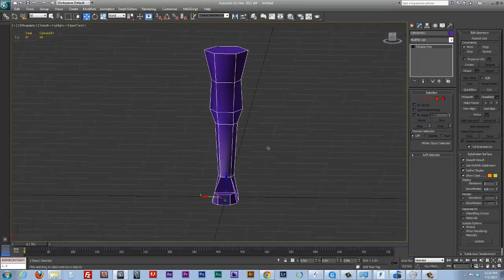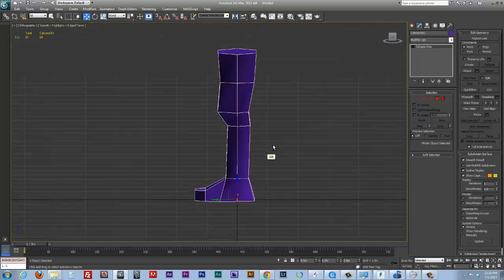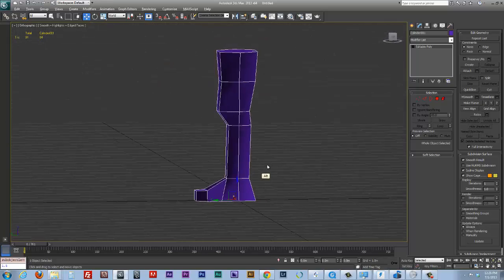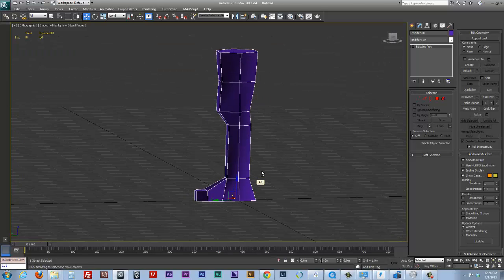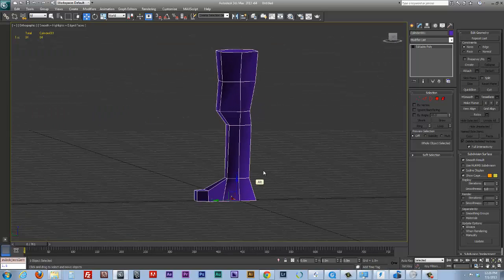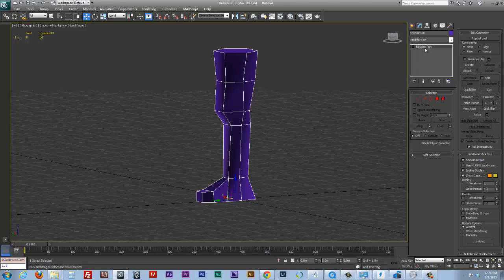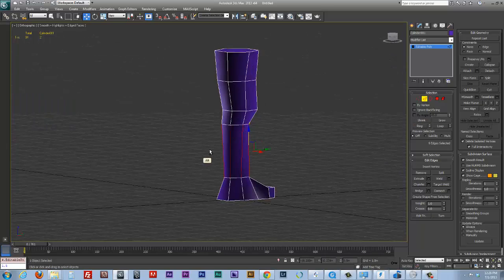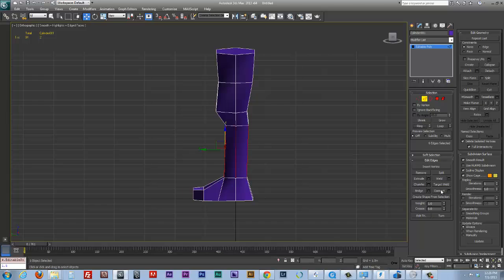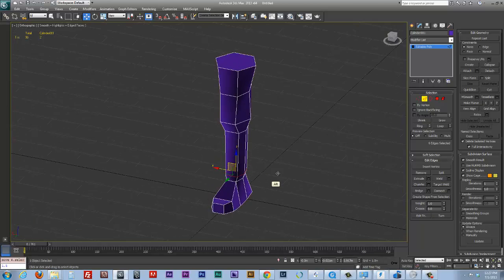Alright, we have our beautiful cartoon leg here. I've decided I want to make one modification to it. I would like to add a little bit more definition for my ankle rotation or my ankle deformation here. So I want to put another loop in this. So what we'll do is go to Editable Poly, select Edges, and let's go ahead and select the ring of edges there, and we will hit Connect. Now that makes another edge for me. I can bring it down to where my ankle deformation would be,